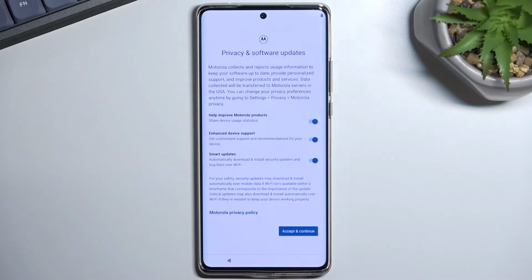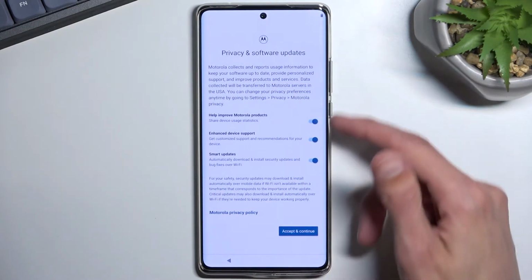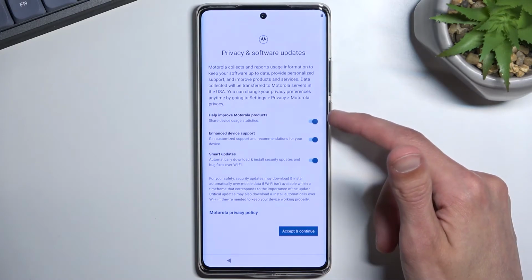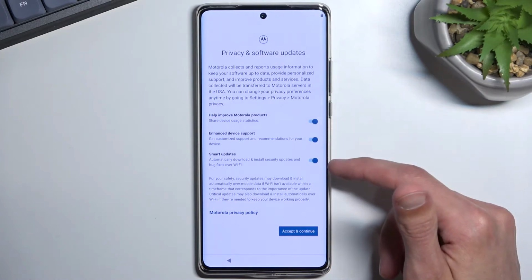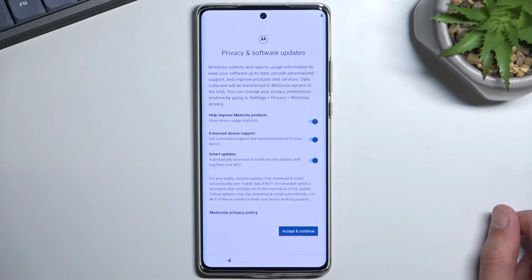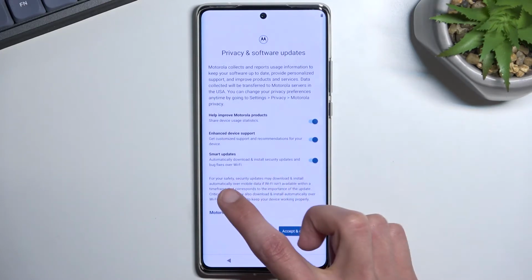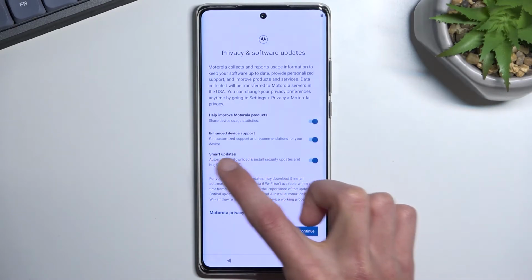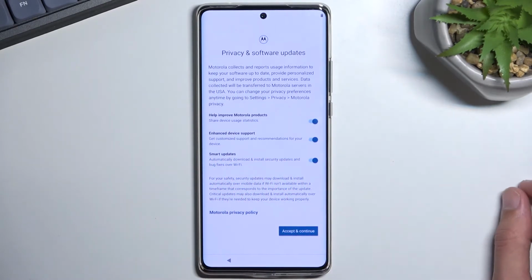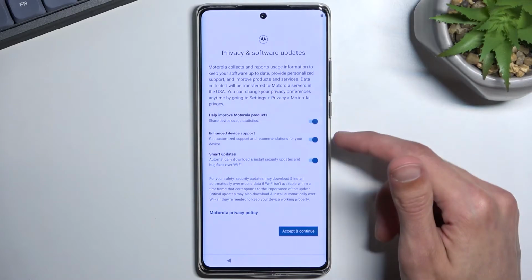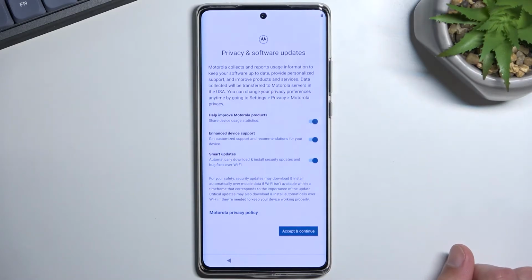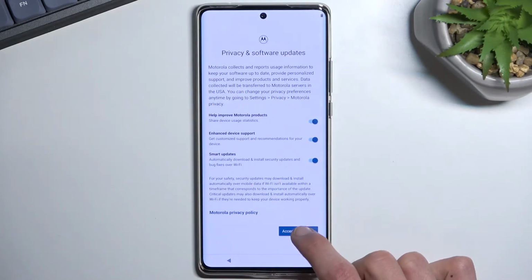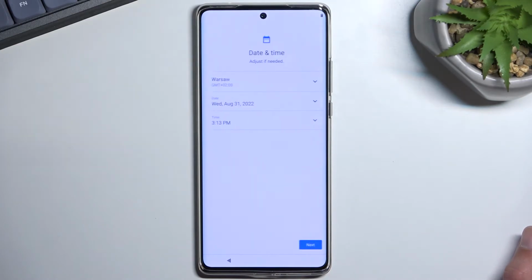We also have some privacy and software updates, so we have help improve Motorola products, enhanced device support, and Smart Update. Smart Update automatically downloads and installs security updates and bug fixes over Wi-Fi. Then we have enhanced data sharing, these two primarily. If you don't want them, you can turn them off. And then I'll select accept and continue to go to the next page, which, there we go, there is the